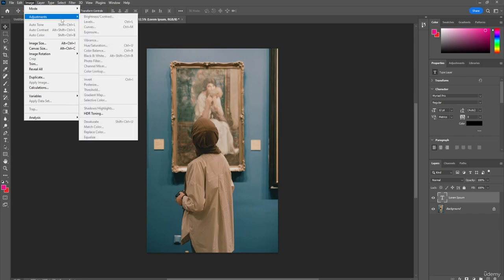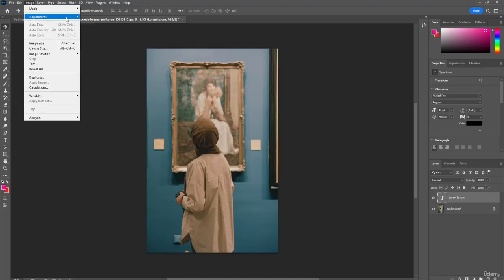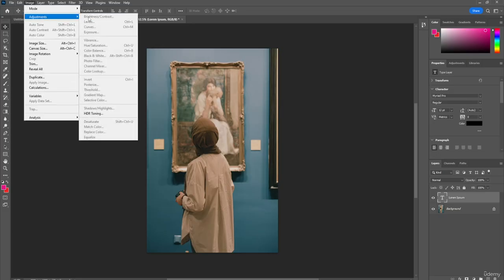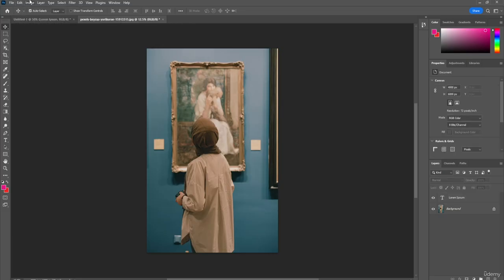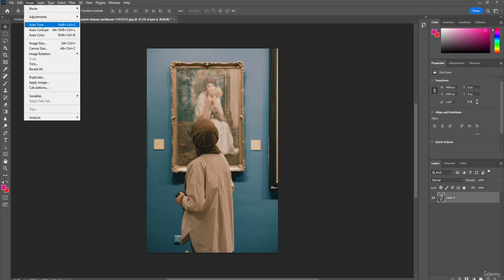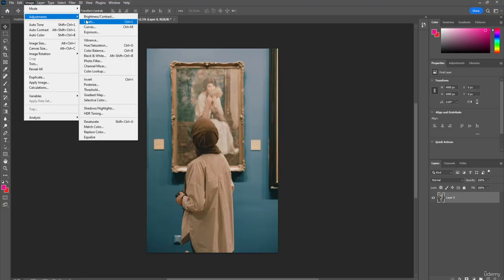Then there is the adjustment option. So if you want to edit a photo, you can basically use this adjustment option by clicking on the image option and the adjustment option, which will give you some sub options like, let me show you. So you can select the adjustment option and select the brightness and contrast to increase its brightness or contrast or